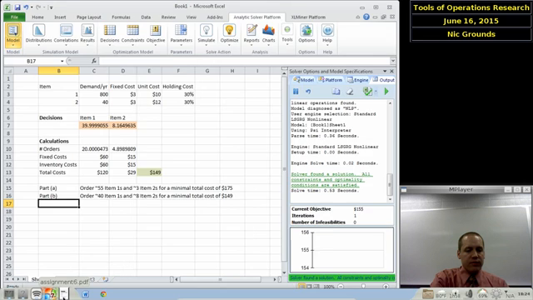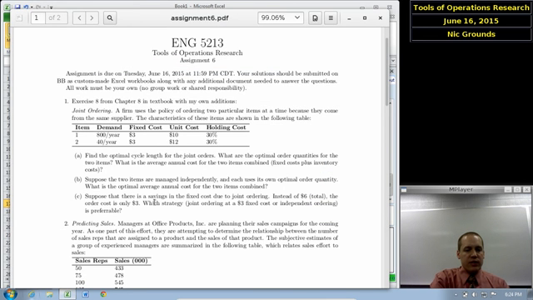And then finally, if we look at part C, suppose that there is a savings in the fixed cost due to the joint ordering. So if we order jointly, basically instead of paying a total of $6 of fixed costs, we could pay only $3 by ordering jointly. So there's some savings if we do order jointly. Would that be better? So which strategy, the joint ordering with the lower fixed cost or the independent ordering, would be preferable? Now, we already know from part B that the independent ordering gets us a minimal cost of